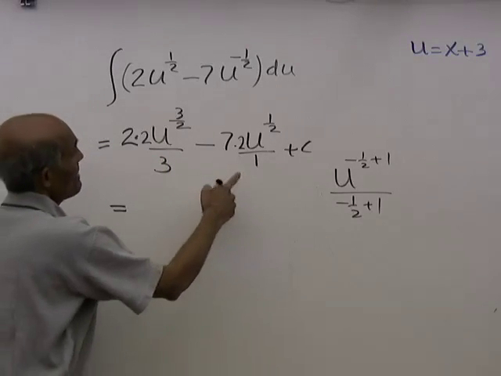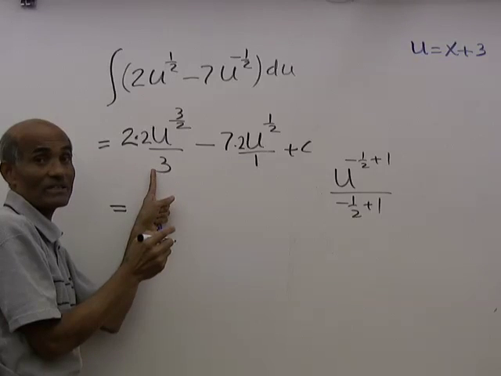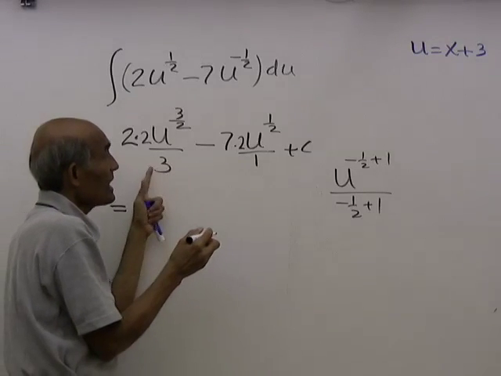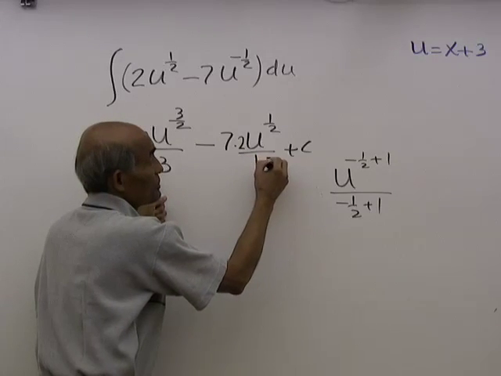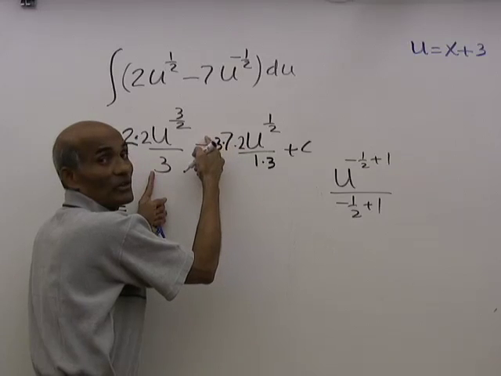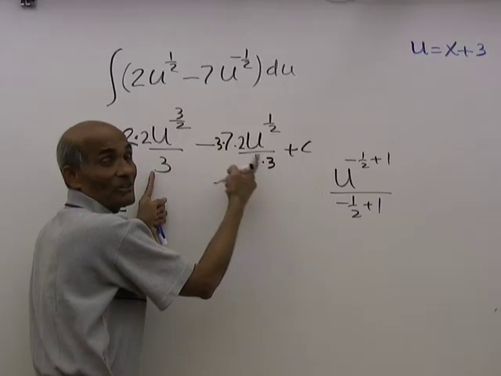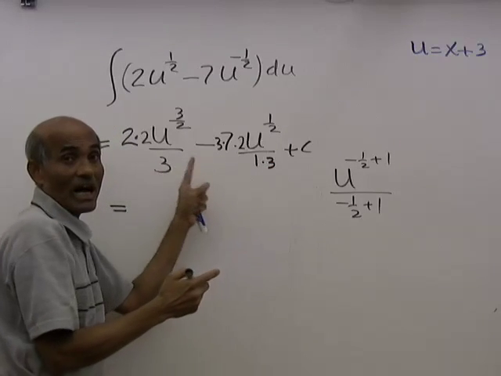I'm also going to take out a 3 in the denominator. Now remember, when I take out a 3 in the denominator, I'm going to introduce a 3 in the denominator by multiplying the numerator and denominator by 3. That makes no difference, is that right? So that means I can take